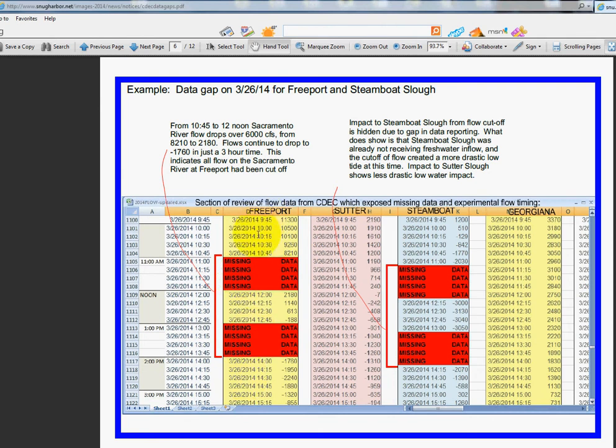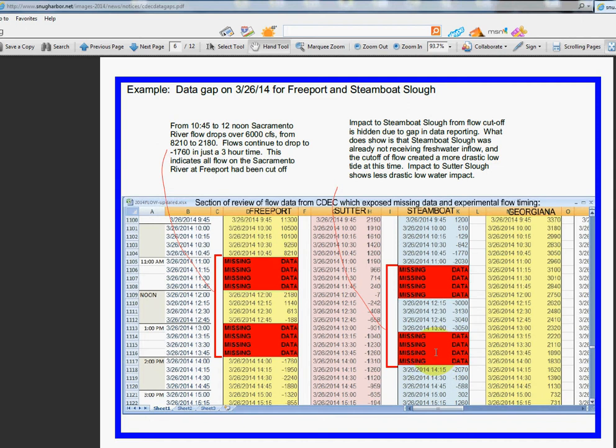I found that at Freeport, starting right at 11 o'clock on the 26th, there's missing data. And 15 minutes later, there's missing data. The gauge is just turned off, or they're withholding information on Steamboat Slough. So that 15 minutes probably represents water flow. It starts to affect downriver, probably in 15 minute to half hour intervals. And so they must have been conducting some sort of experiment that they don't want us to know about,